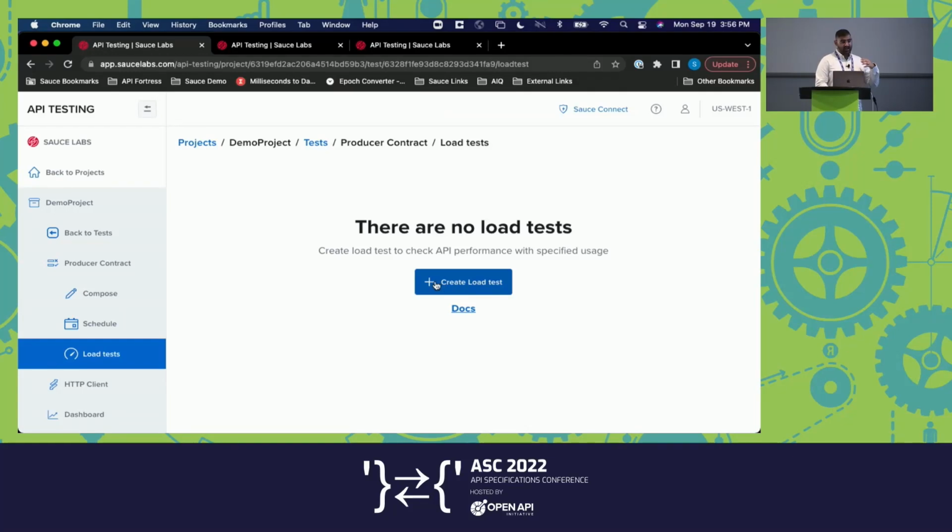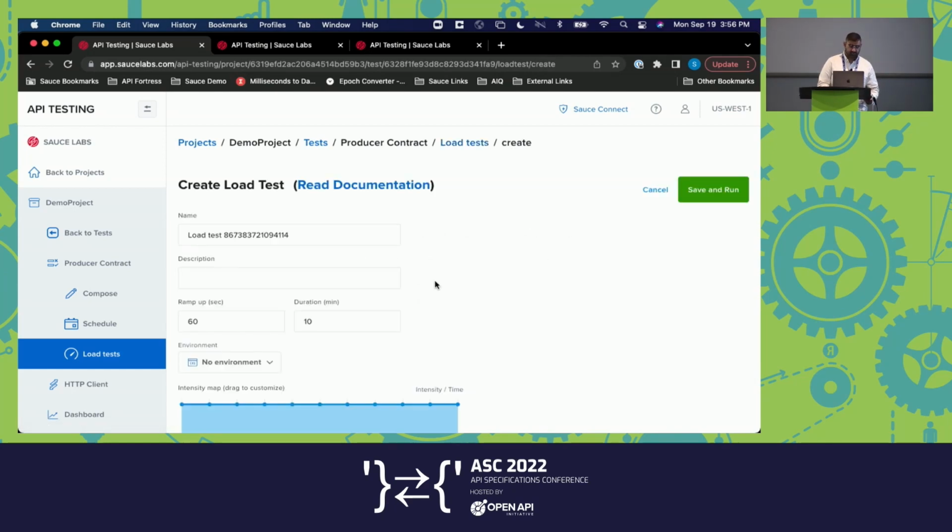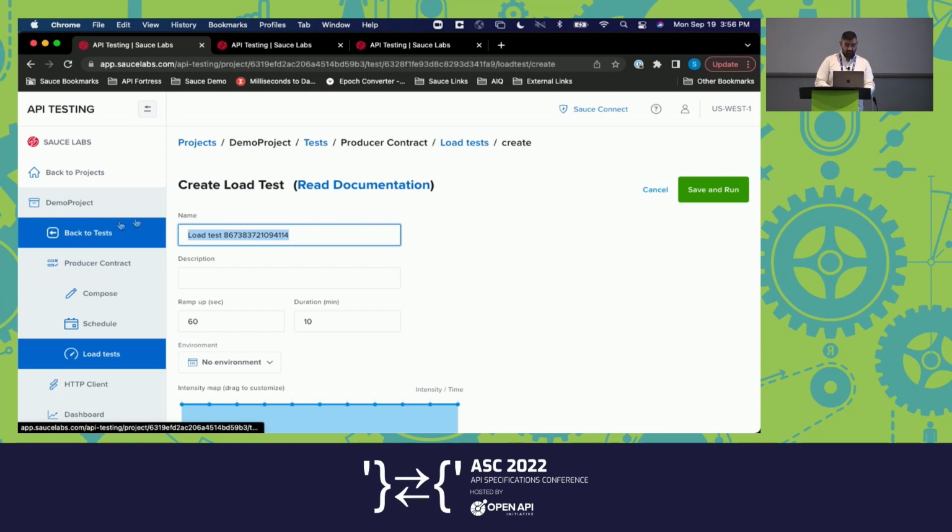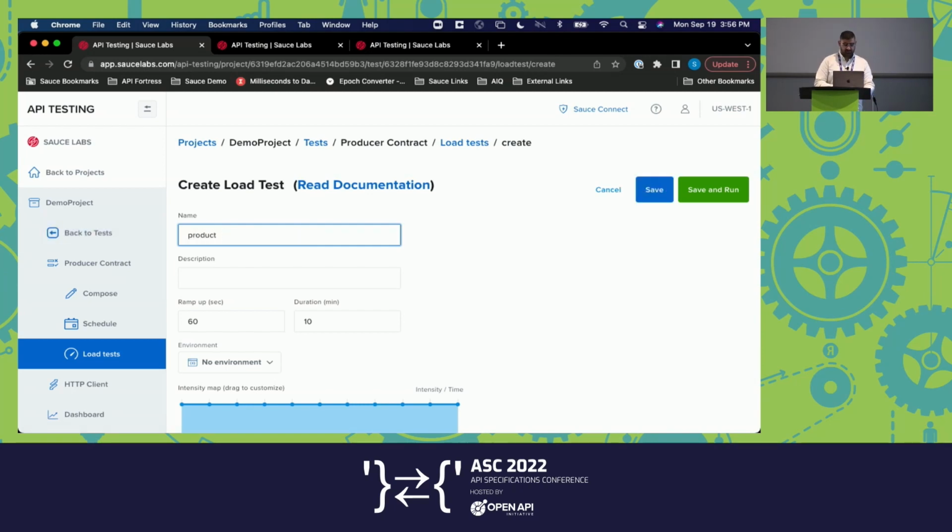And now I have this test that I've already created. It's an automatically generated contract test from my OpenAPI. I've added my functional capabilities on top of that. And now I want to see how it works under stress, right? Is my contract going to be validated when it's being hit 1,000 times? Let's find out, right? So if I create a load test here, we can call this producer